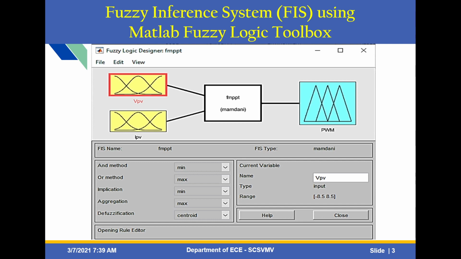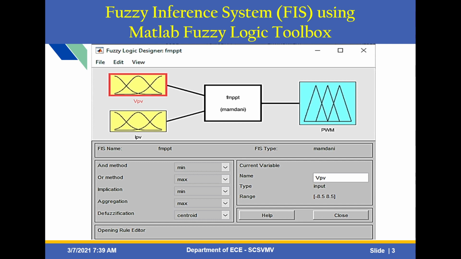The structure of the fuzzy logic controller has two inputs and one output: VPV and IPV, that is, a voltage variable membership function and a current variable membership function. The fuzzy logic membership functions have been designed with the trapezoidal method for both input and output membership values. The output is PWM based. The MPPT fuzzy controller has two inputs, PV voltage and PV current respectively. It generates a duty cycle based on changes in PV voltage and current under various weather conditions, that is, temperature and irradiance.